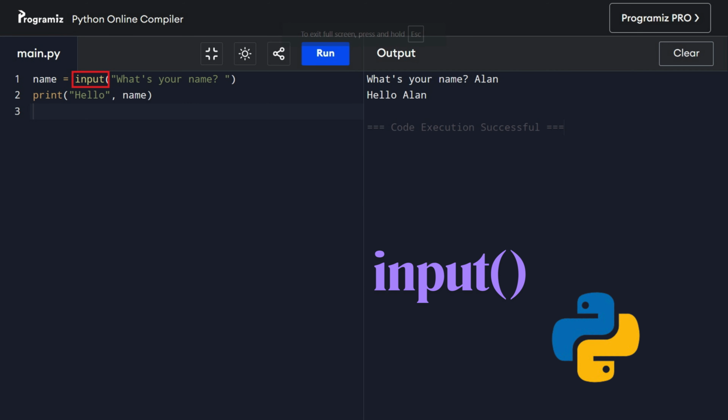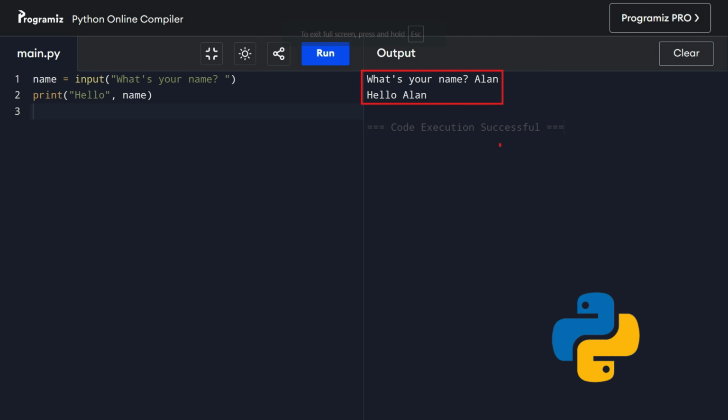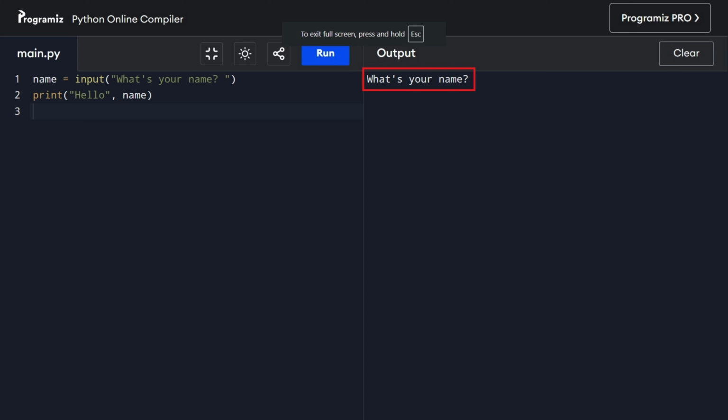We use something called input. It lets Python ask a question and remember your answer. Here, what's going on? Python shows the question inside the input and waits for your reply. Then, we save that reply in a little box called a variable. Next, using the print command, we display the value stored in the variable, which in this case is the name